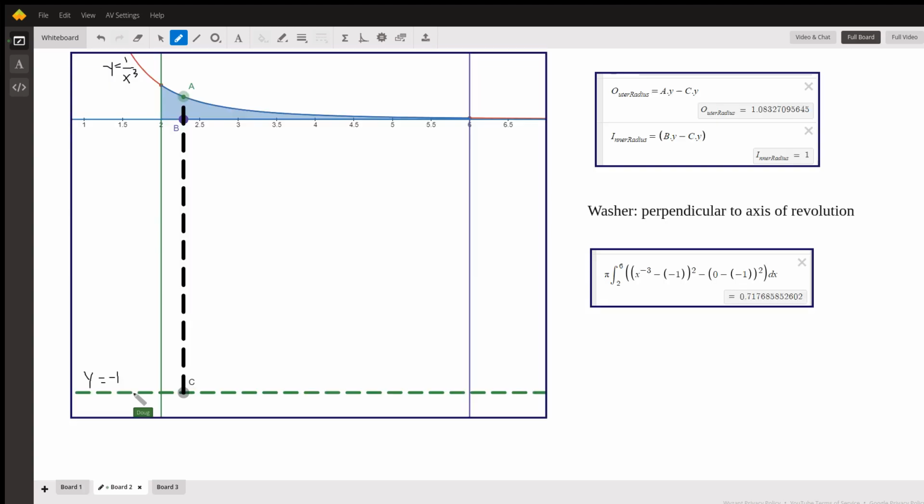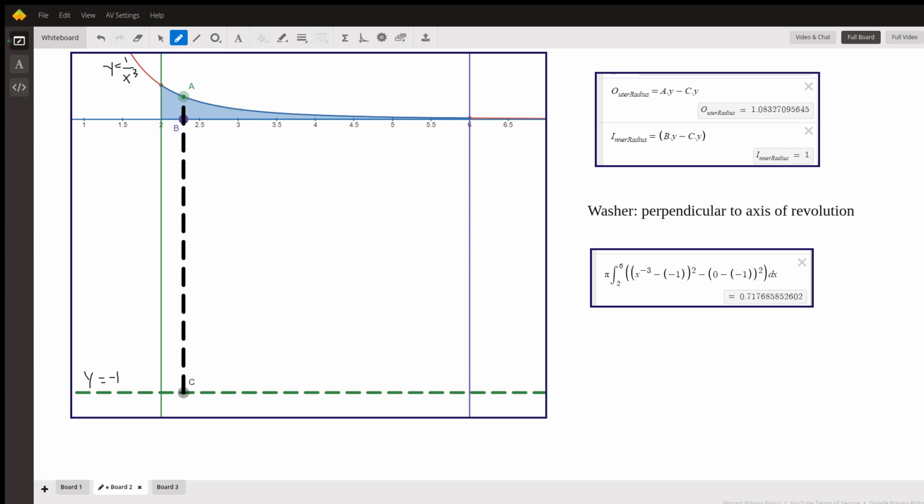So let's look at the graph. This red graph is the graph of y equals 1 over x cubed, or y equals x to the minus 3. And this blue region, we're revolving around this axis of revolution, y equals 1. So when you use the washer method,